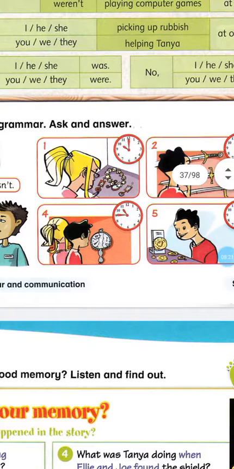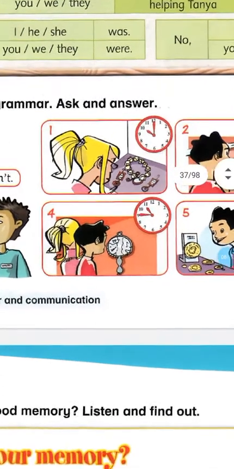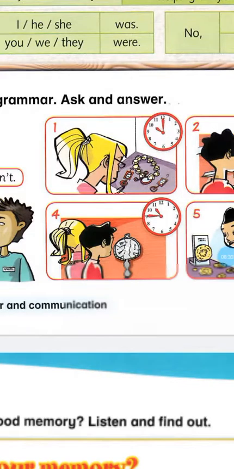Great work. Now it's time for you to practice with a partner. Choose a partner from your family or friends, okay, and practice. On picture number 4, you ask your partner, were they looking at the mirror at 11:45? Let your partner answer.